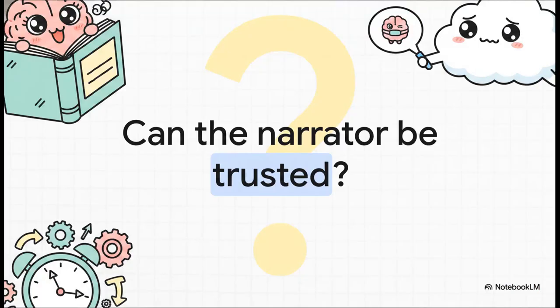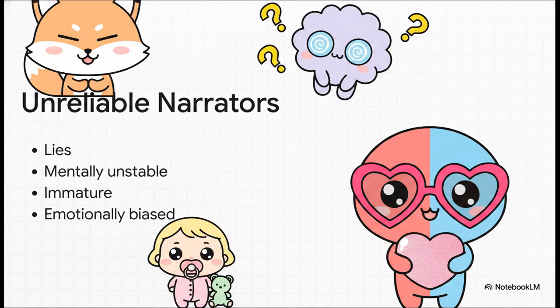But hold on a second. You're inside their head, sure, but can this narrator actually be trusted? Let's see how this builds into one of the absolute most thrilling concepts in literature, the unreliable narrator. Because first-person narration is so deeply inherently human, it's almost always emotionally biased and incomplete. I mean, sometimes the narrator might just flat out lie to you.